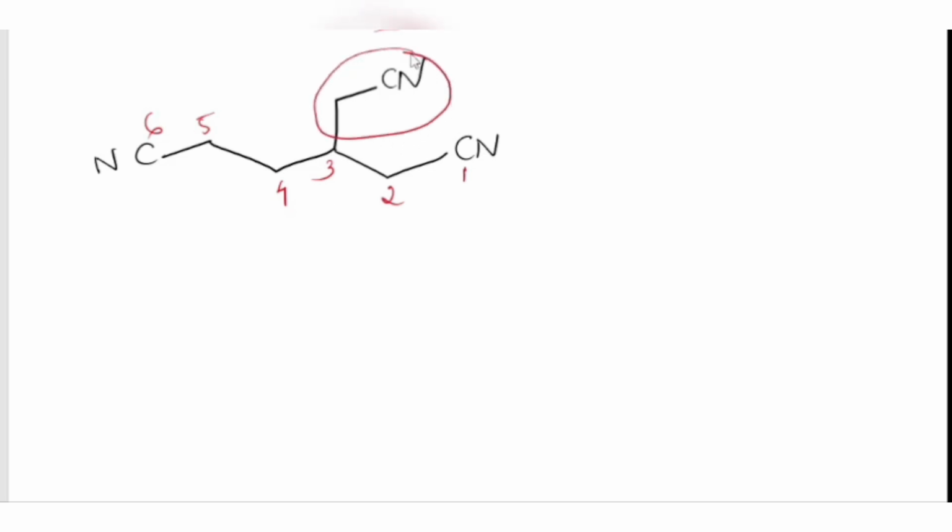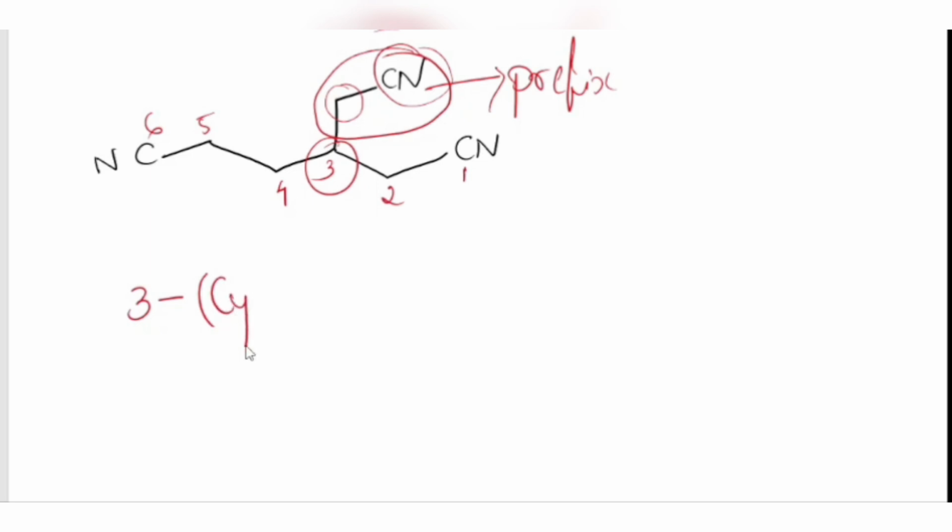This is the side chain. The side chain has to be named as a prefix. What is the prefix for this one? A cyano group is there, and here a methyl group is there. What is the locant of this? It is 3, 3. Then we have to open the bracket, and here cyano, correct? Cyano. And what is this group called? This is methyl. Cyano methyl, and we have to close the bracket, and after that it contains 6 carbon. That's why hexane